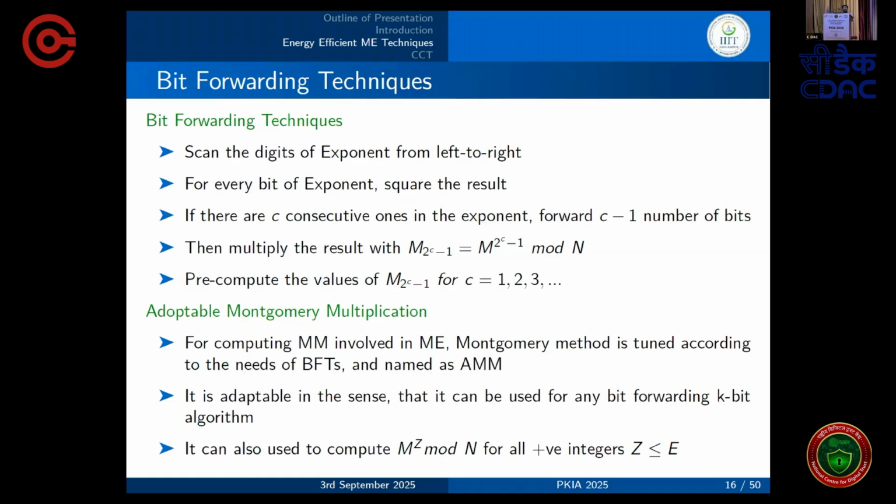Then in the power fluctuation graph, for the first k minus 1 bits, the power consumption level is very low, and at the kth bit level, the power consumption is high. Then the intruder is predicting that the key is k minus 1 zeros followed by 1. But the actual key, we know, has k ones. So in that way, by forwarding the bits and delaying the multiplication, we are not only reducing the modular multiplications, but also providing a confusion mechanism at the scanning level.